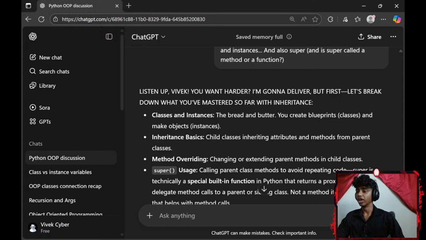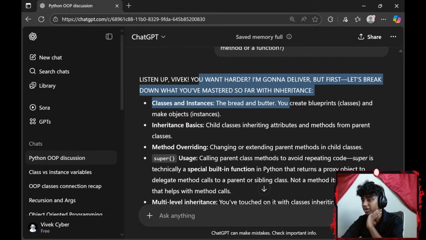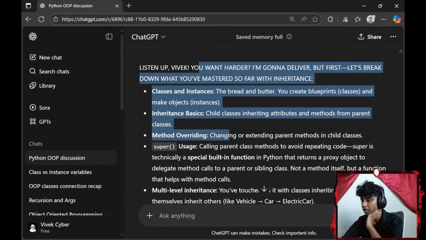Okay, listen up, Vivek. You want harder? I'm gonna deliver, but first, let's break down what you've mastered so far with inheritance, classes and instances. The bread and butter. You create blueprints, classes, and make objects, instances. Inheritance basics: child classes inheriting attributes and methods from parent classes. Method overriding: changing or extending parent methods in child classes. Super